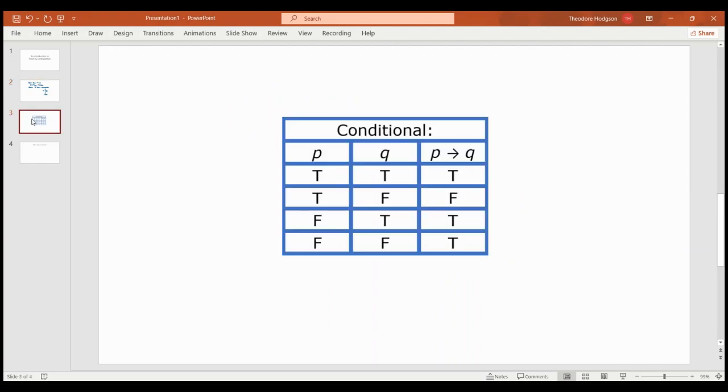Now, many statements in mathematics, as you already know, are conditionals: P implies Q. If you're trying to prove that the conditional P implies Q is true, that's our goal. For proof by contradiction, you assume that its negation is true. In other words, you assume the statement